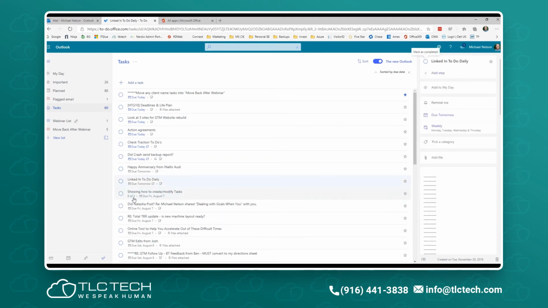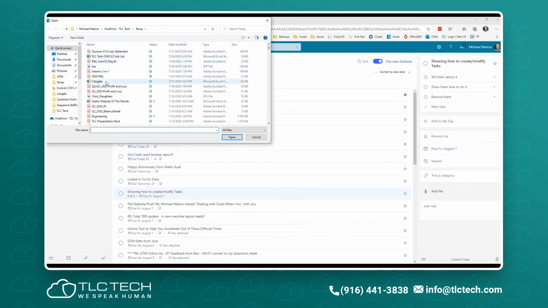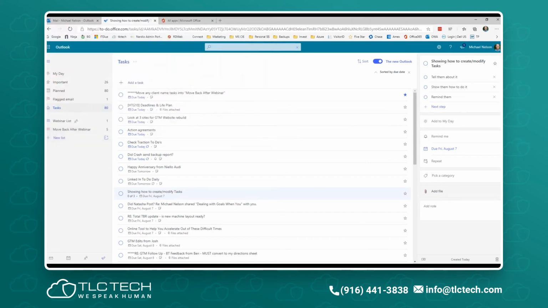Now, if you notice, what changed over here is that I now have 0 of 3. You can see that that's different from the others because it's still showing me my due date. It would still show me if I had a file. So let me just go ahead and throw something there really quick. I'll do bam, okay, I'll just do that. So now you see that I have something attached to it, I have a due date, and I have 3